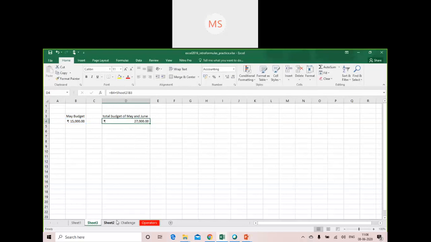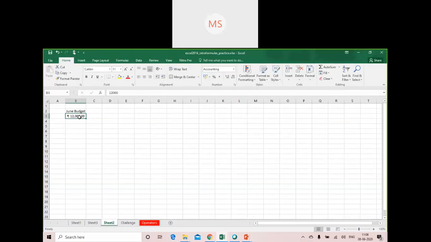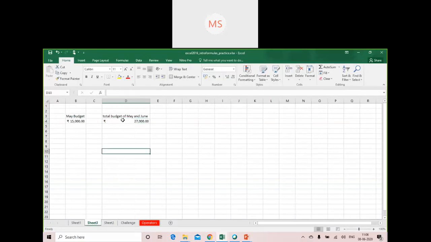Now just see what I'm doing. I'm using B3 cell of C2 in C3. Just see the reference. I'm adding B4 with B3 of C2. So suppose you want to use some cell of a sheet from one sheet in another sheet, means you want to perform cell referencing across multiple sheets together, you can do that.